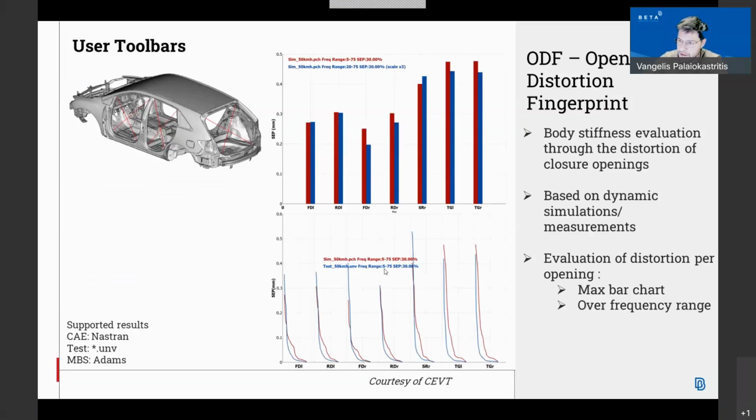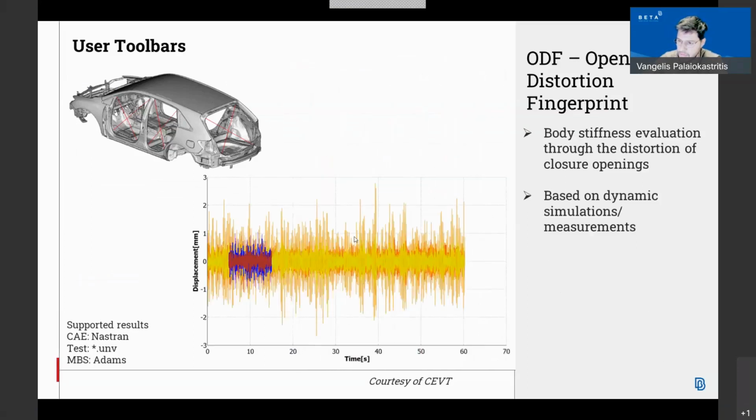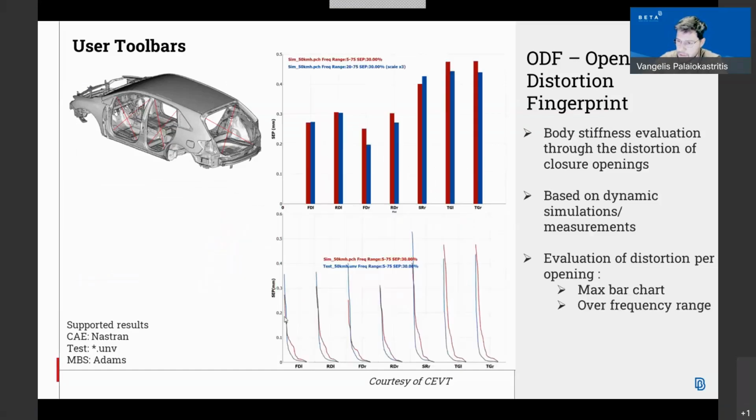On the frequency range that we have specified, we can see the content of the signal of each closure, which frequencies are playing a role in our signal.